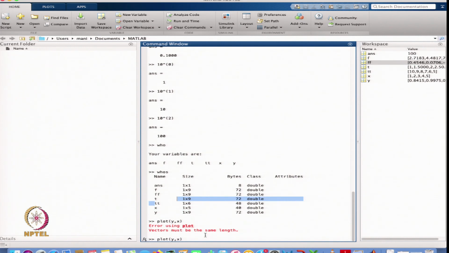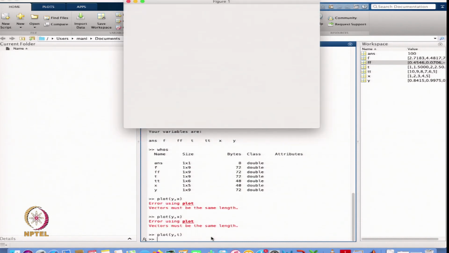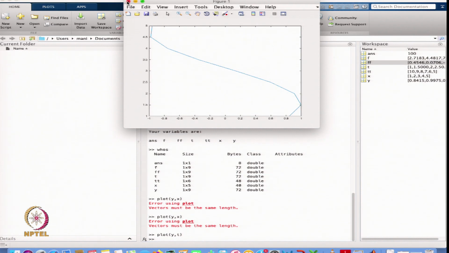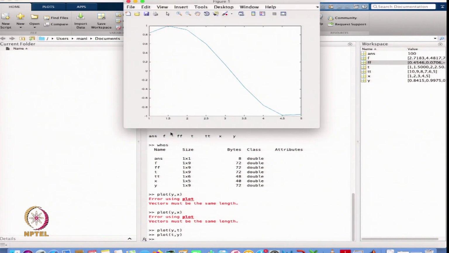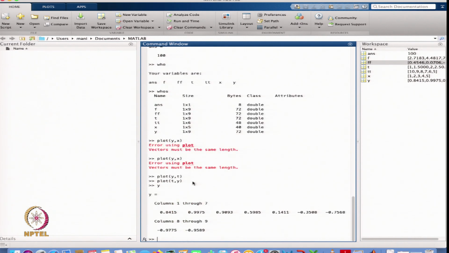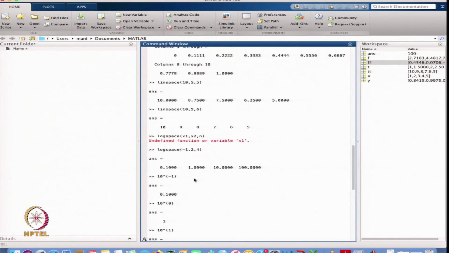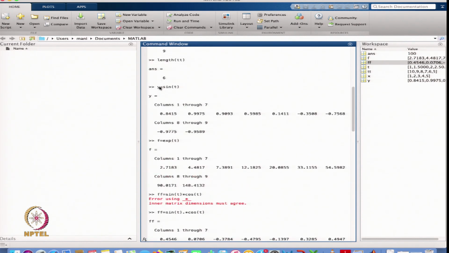So I want to plot y with respect to t. I write t as the x variable and y, and that is the plot. And y was a sin t.